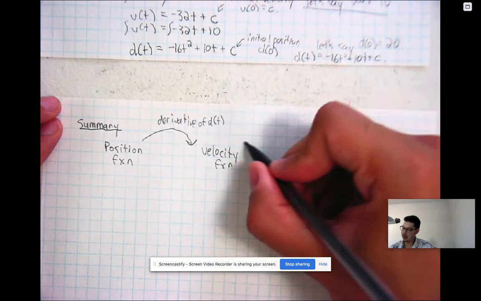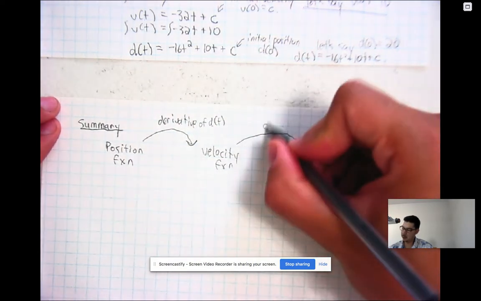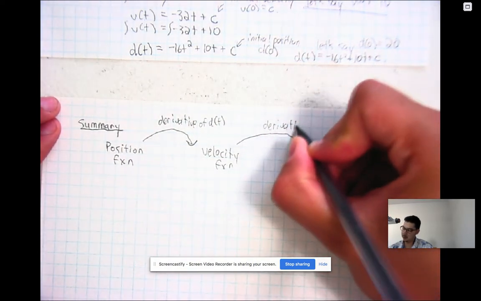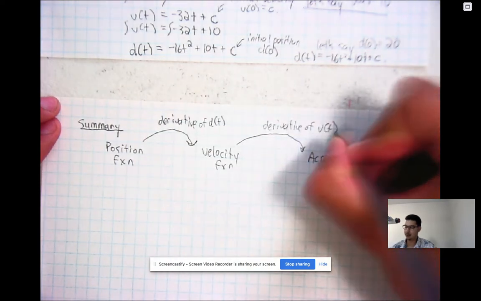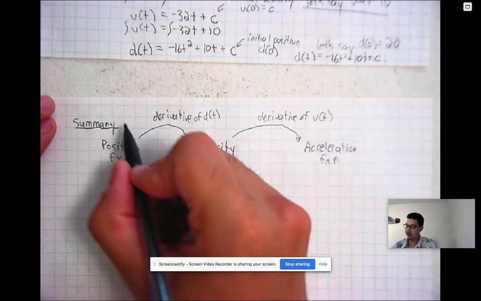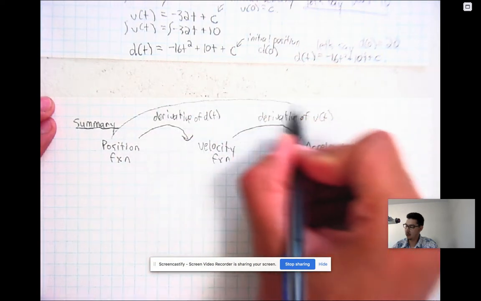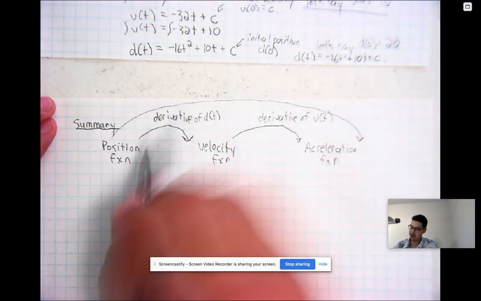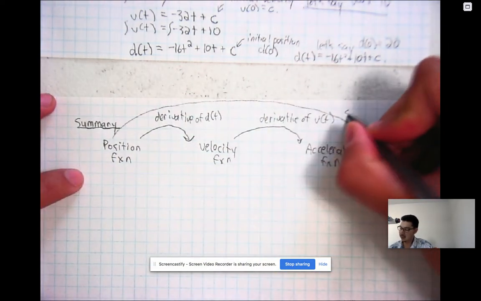And to get from velocity to acceleration, we would take the derivative of velocity. Or you can even think about it, if you want to go straight from position to acceleration, well, since there's two derivatives, you could say it's the second derivative